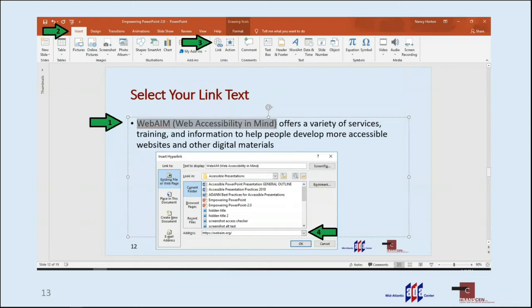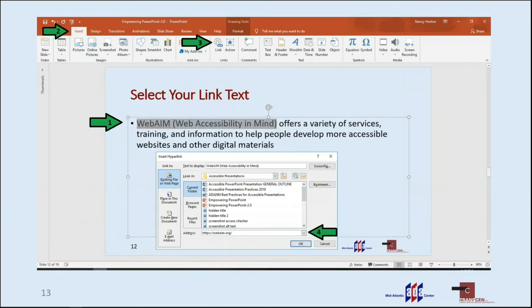And as you can see, it's displayed up in the field at the top of that dialog box, the text that we've selected where it says WebAIM, Web Accessibility in Mind. So you can see exactly this is what is going to become the text of the link. So that's how you can easily make your links to have meaningful text. And so with that, I'm going to toss it back to Hyun.